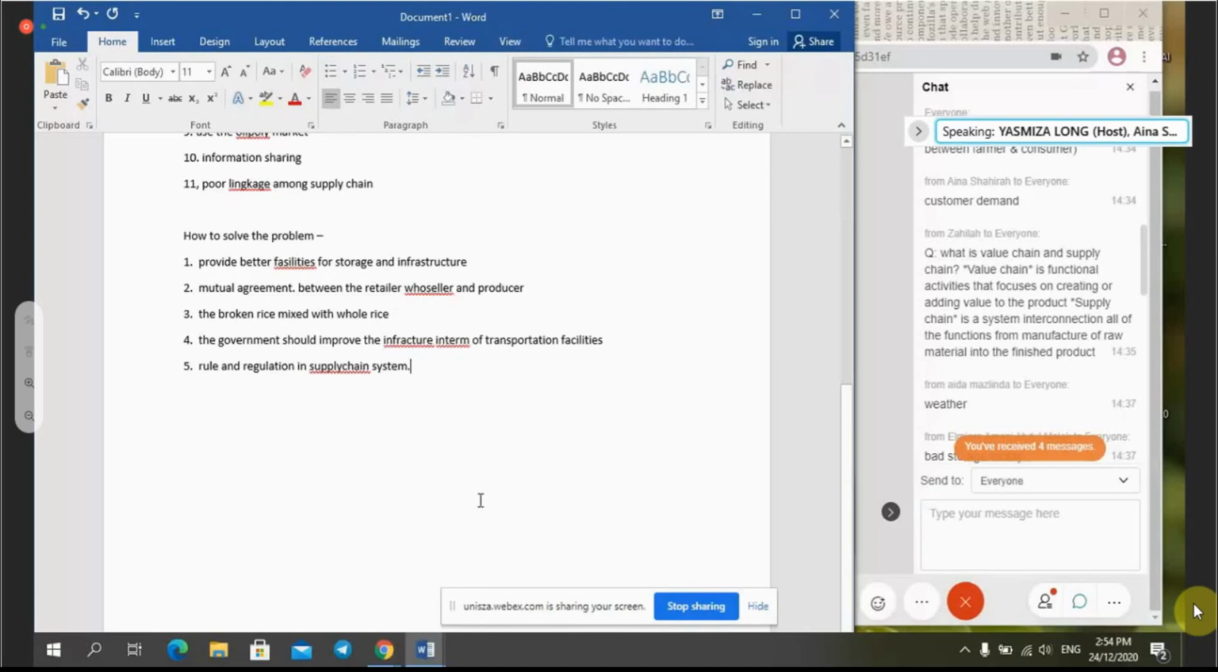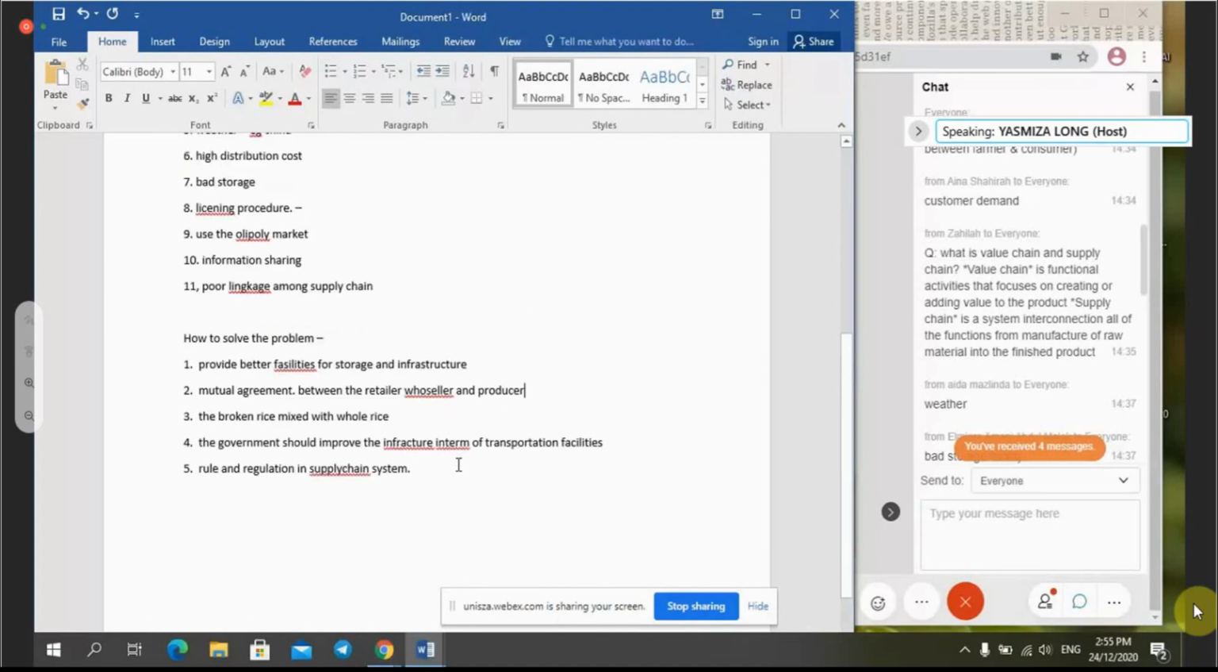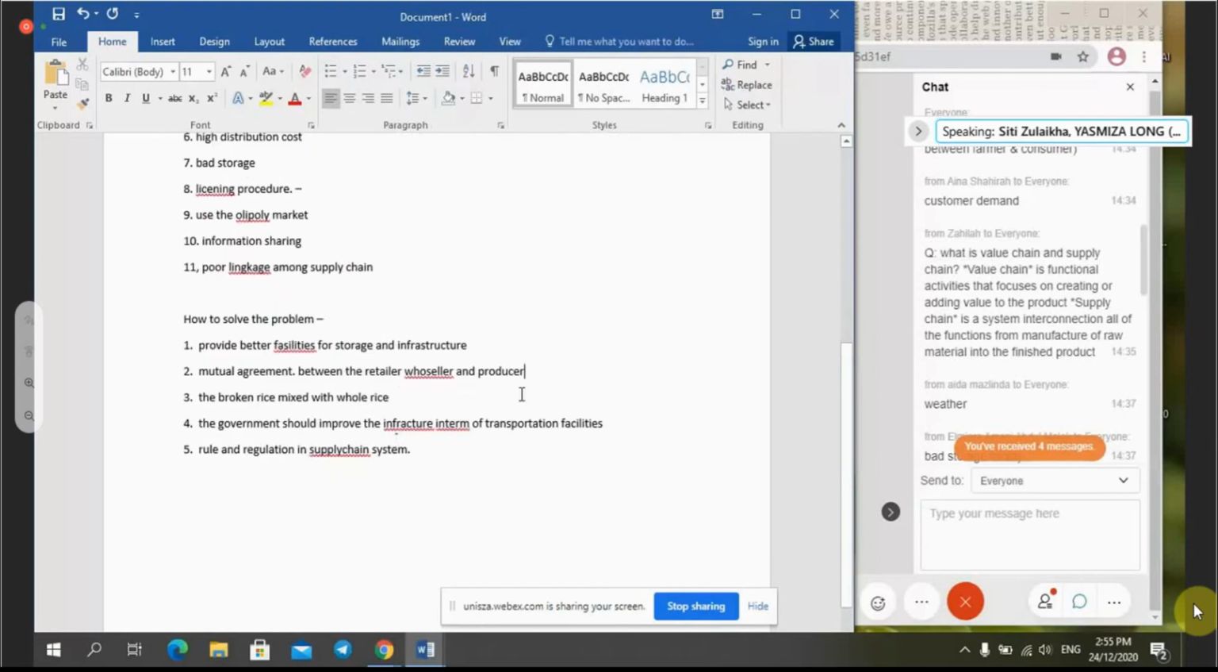Betul tak? So that means most of the issue normally arise dekat negara-negara yang kurang membangun. Contohnya India, maybe dekat India lagi banyak rasanya isu ni timbul. Okay, betul tak? Betul, Madam. So kalau dekat Indonesia tu,